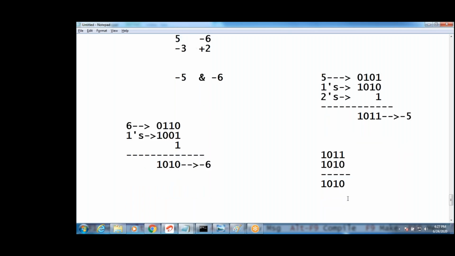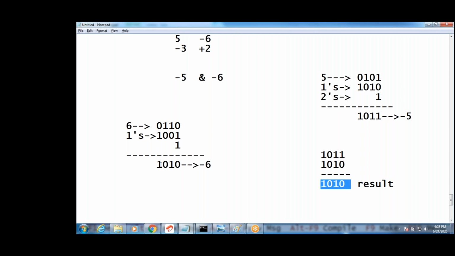Now what is this value, guys? Now finally we will get this value. Result is this. What is the result, guys? Result is a negative number, guys. Remember this negative number. What is the result? This is not a 10. Don't say it's a 10, guys. This is a minus value. How can you say it's a minus value? This is a negative representation. 1 is there. This is the result.